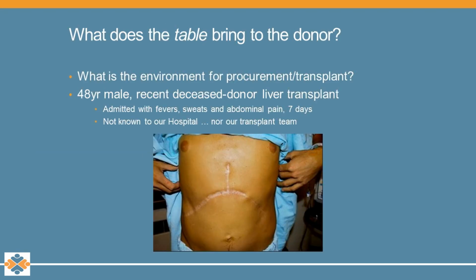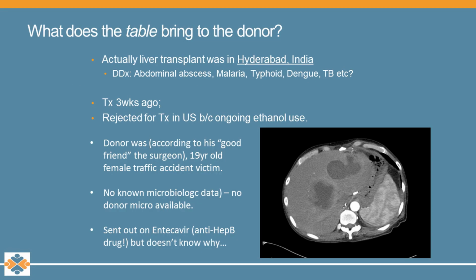I want to highlight one example of something that tricked us here for a little while. This was a case of an individual who presented to Duke, a 48-year-old recent liver transplant recipient who was admitted with fever and abdominal pains for the better part of a week. He was not known to our hospital, but certainly was known to Hyderabad, India, where he had flown and got his transplant. And so initially, as you might imagine, a recent return traveler set the alarm bells working for lots of things that it could have been, as we've listed there.